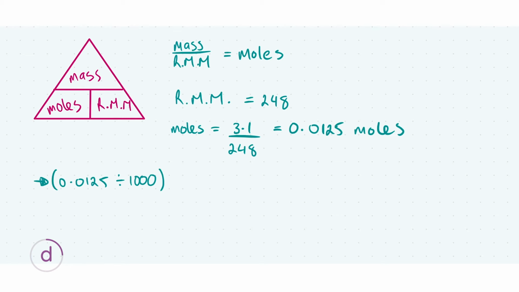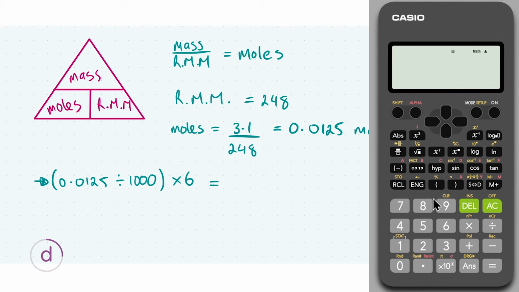So now what we have done is converted our moles per litre into moles per centimetre cubed. And now we're looking for 6 centimetres cubed, so we're going to multiply this by 6. And this should give us the average number of moles that we actually use in this titration. So pulling up our calculator, as always, we're going to have our 0.0125 moles, which is per litre, and then we divide by 1,000 to turn that into centimetres cubed. And then because in this titration we use 6 centimetres cubed instead of that litre, we multiply by 6 to get our final answer, which is going to be 7.5 by 10 to the minus 5 moles,